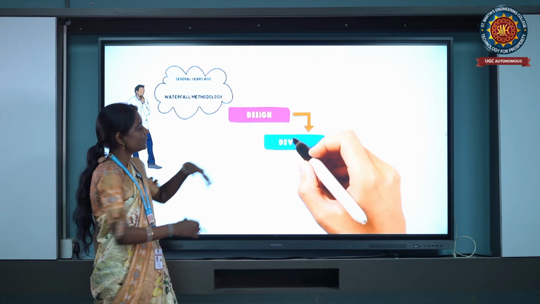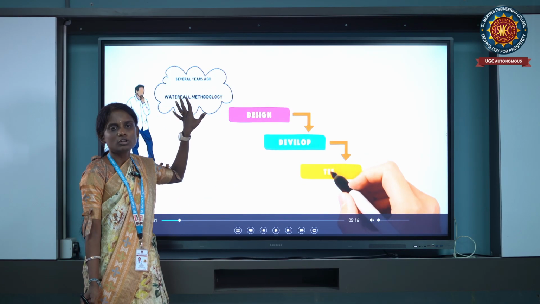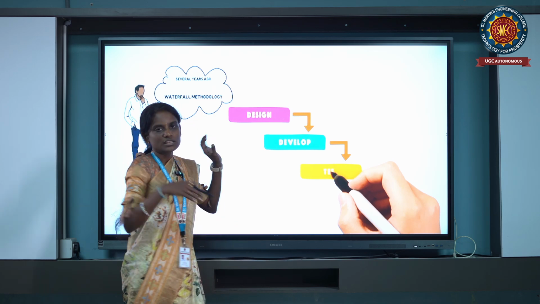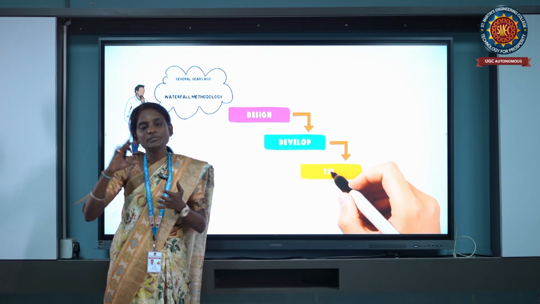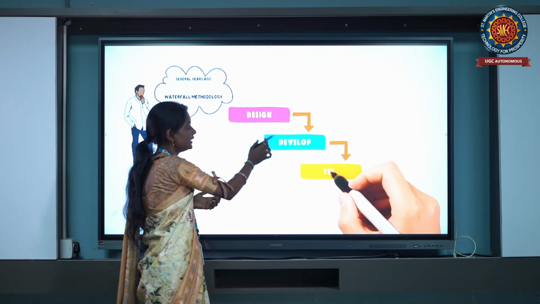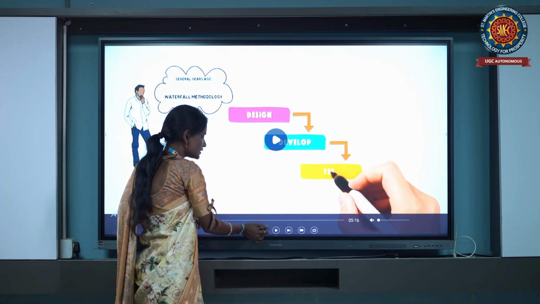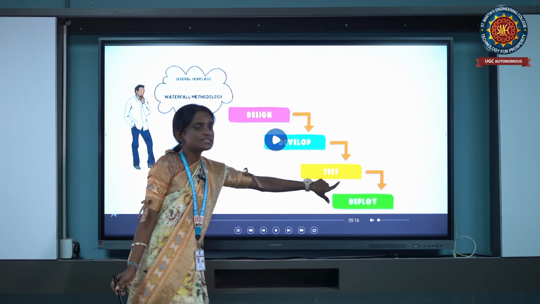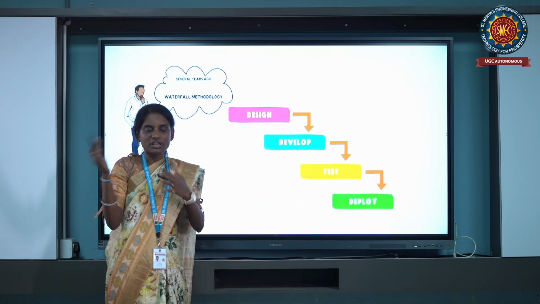In this waterfall model methodology, it involves different steps, as we saw before: design and development. Once the requirements are gathered from the stakeholders, it is designed with a detailed document. Once it is designed, then with the help of this document, we develop the code. After developing, we do the testing. Once the testing is done, we deploy the code into the production environment.